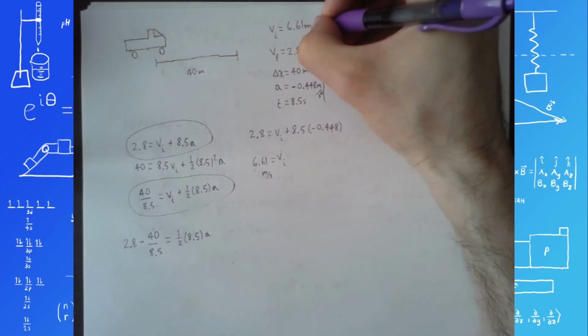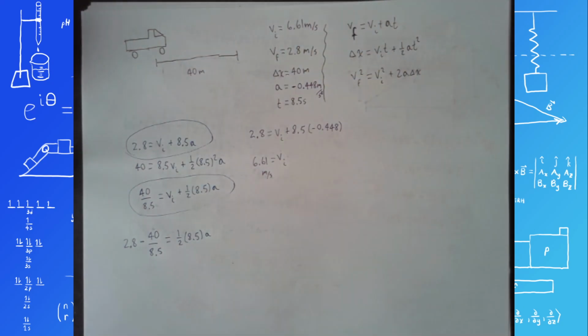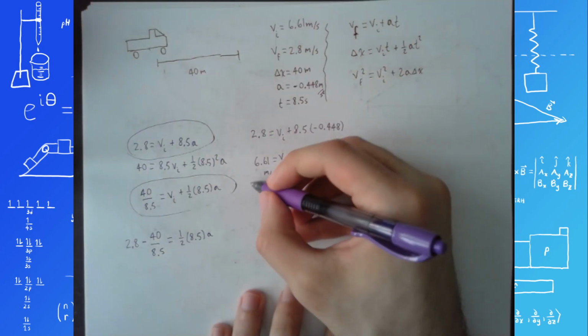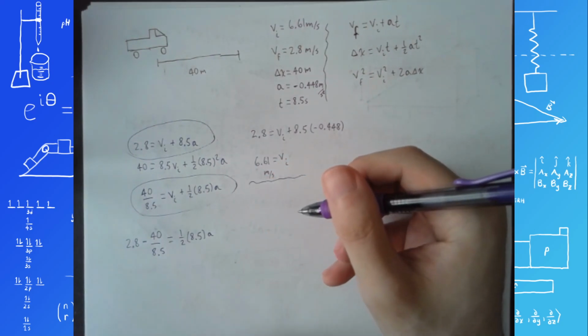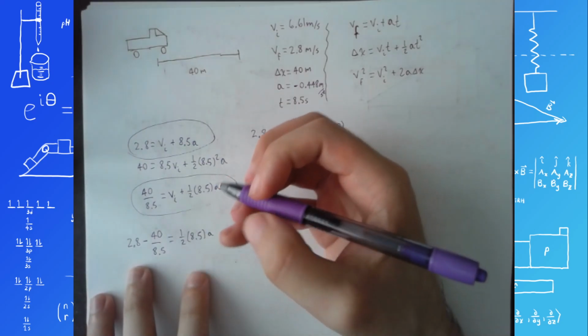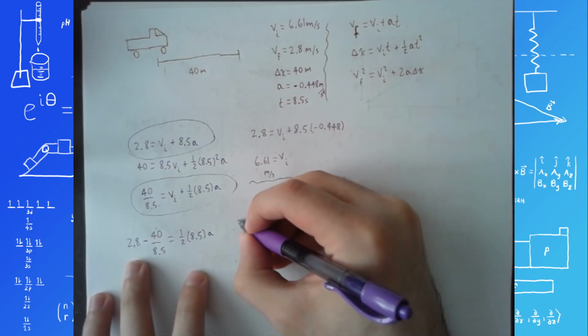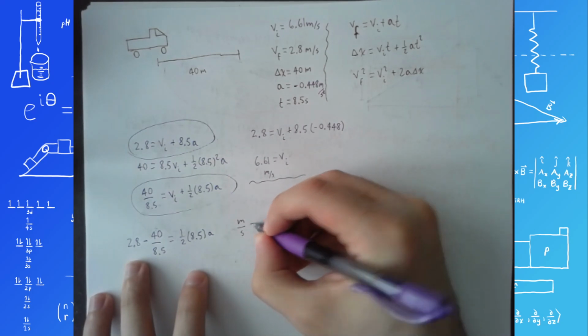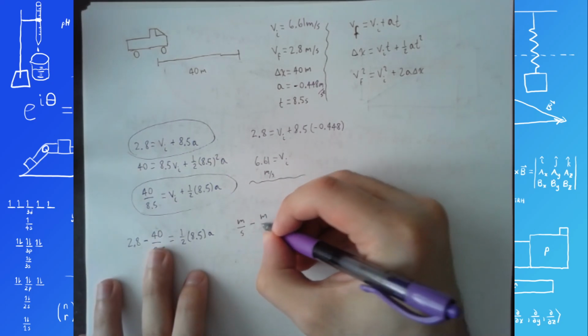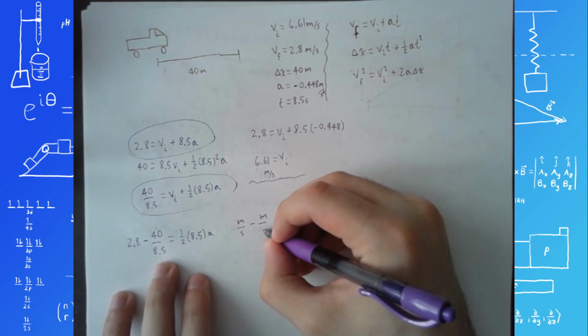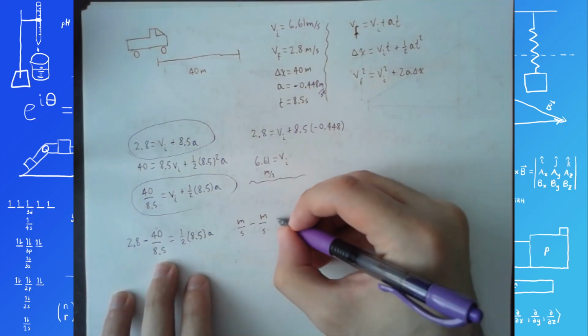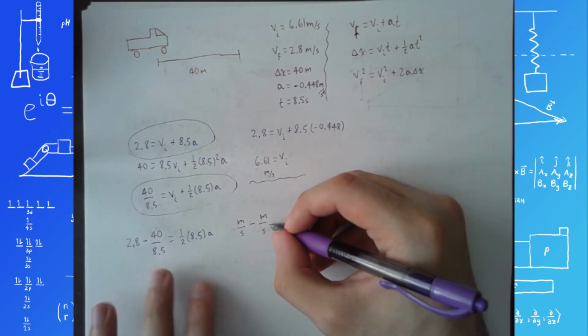And how do I know what units I'm getting? I guess we could write them into our equations and see how the units work out. I'm not going to do that every time, but it might not hurt to do it the first time. So we had 2.8, which was in meters per second, minus 40, the displacement, which was in meters, divided by 8.5, that was 8.5 seconds. So meters per second minus meters per second